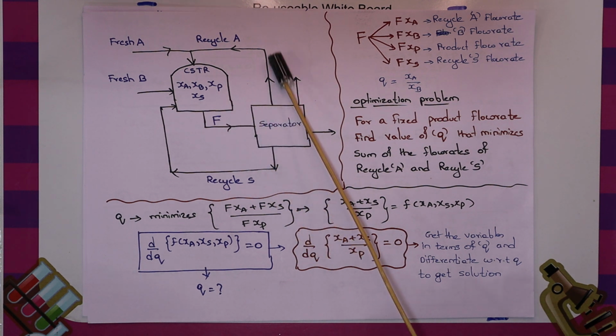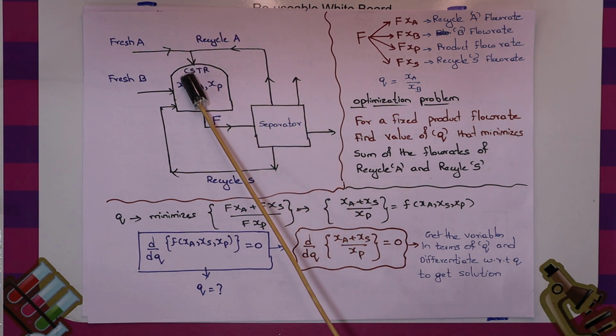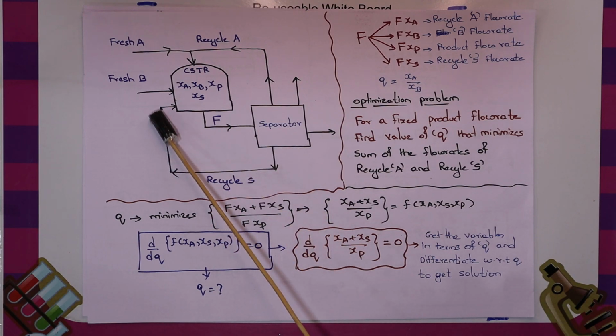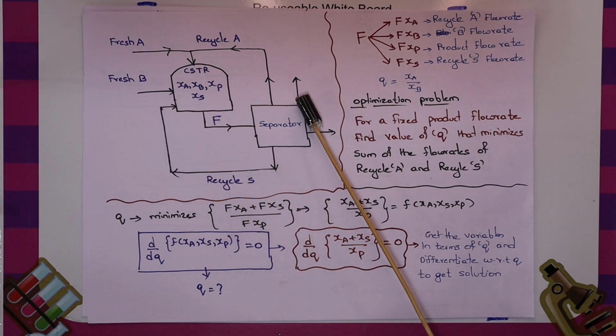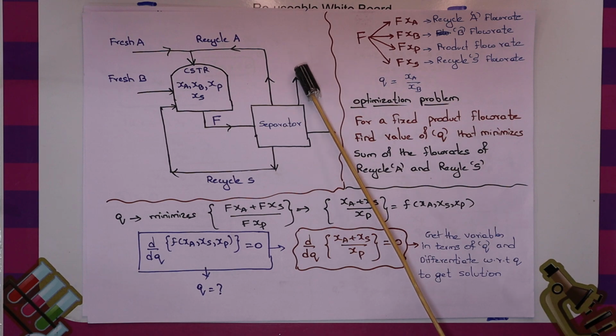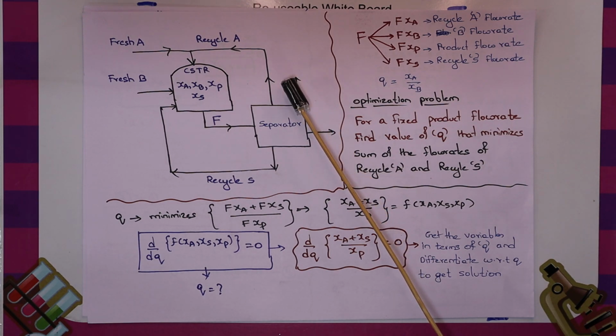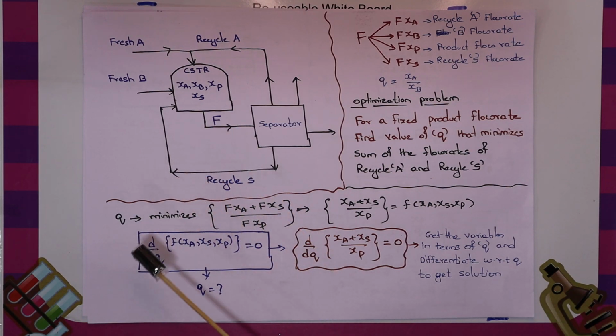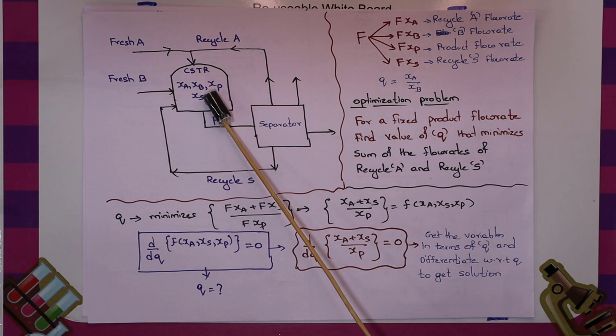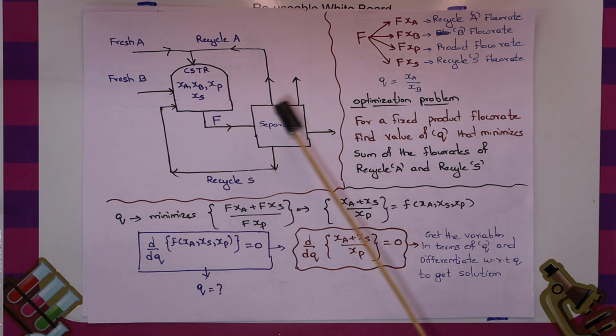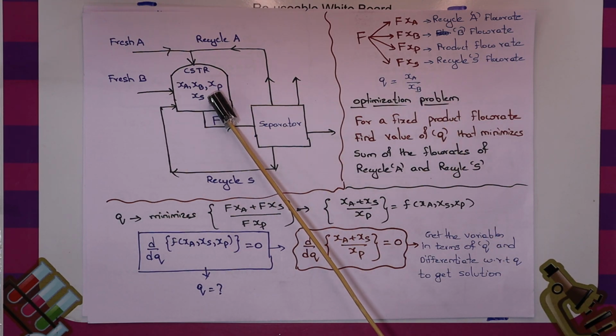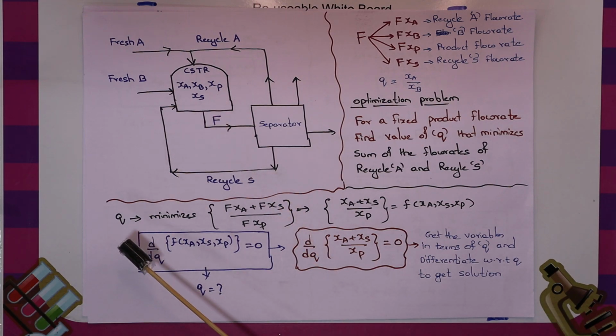In this F, A will be separated and recycled back, S will be recycled back, and the product and unreacted material is removed from the system. Imagine, this is how it is. Q, what is Q? Q is nothing but XA by XB. That means Q is XA by XB in the reactor. We have to find